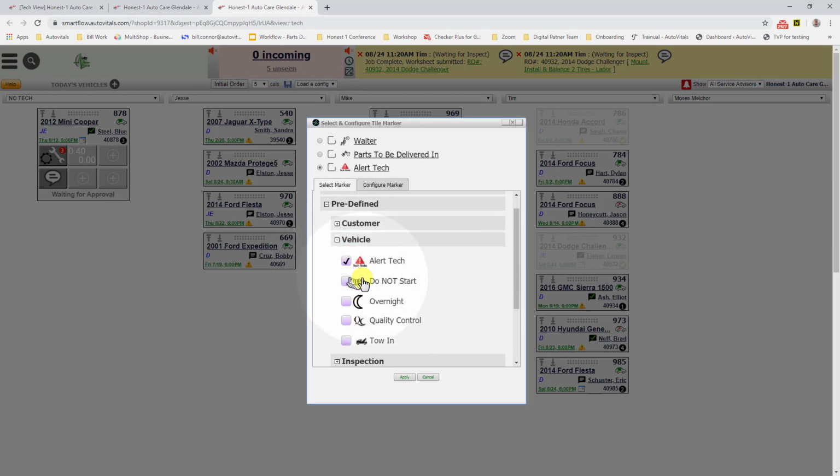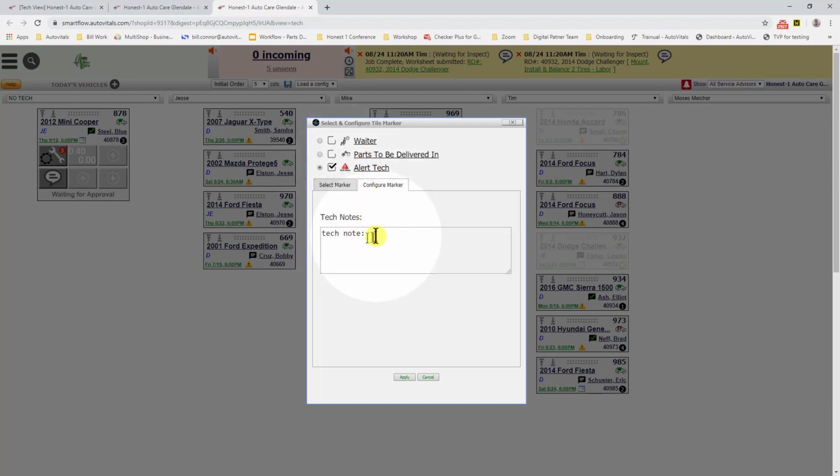What I'm looking for is a technician alert. And this is a really great one to use. When you click on this square here, it's going to make this persist across all visits. And I'm going to come in here and configure the tech alert and say, do not